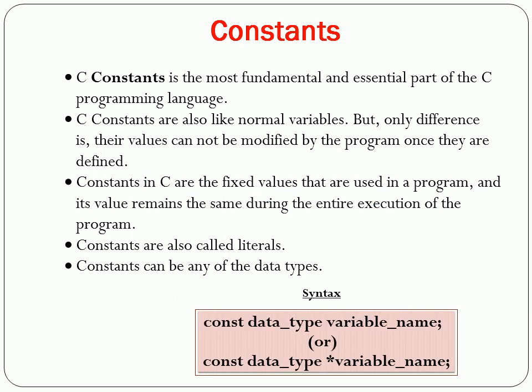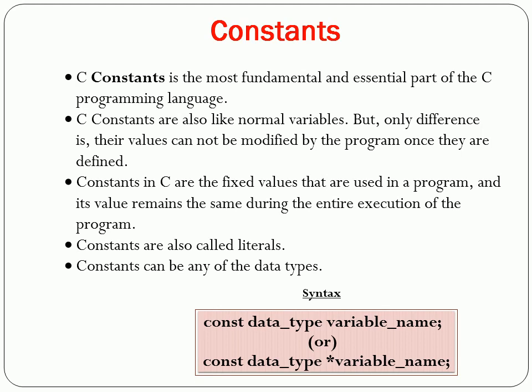Now let's discuss constants. In C programming language, a name given to a variable whose value cannot be changed is known as a constant. They are also called literals in C, as they are similar to variables but with one condition: the values of these variables cannot be altered, or the values are fixed for such variables.